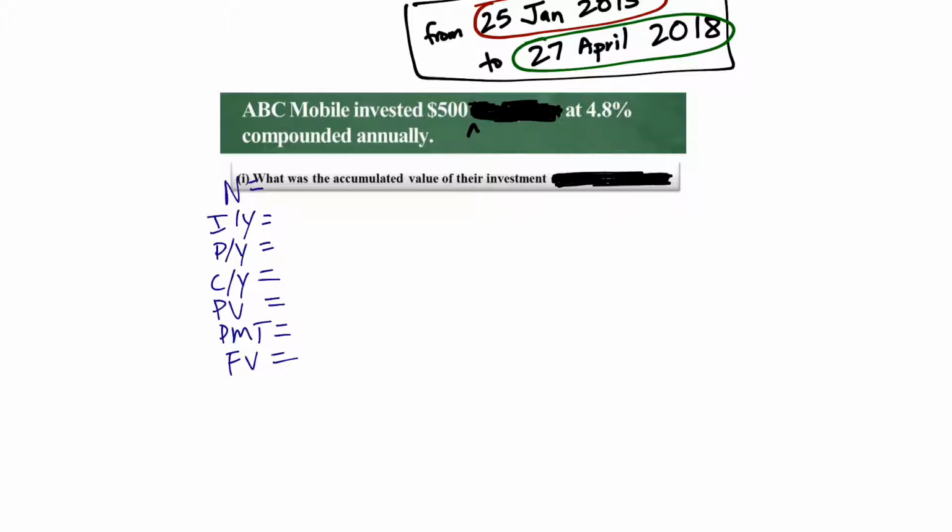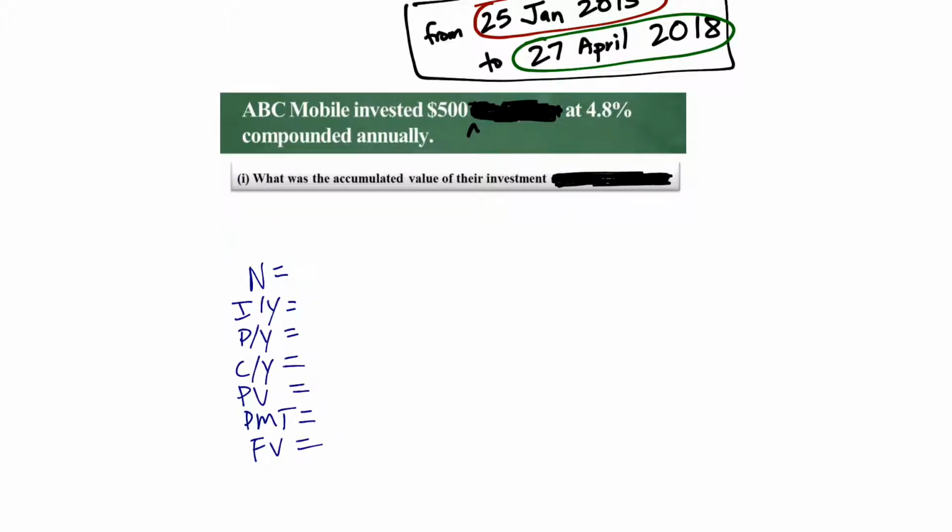Let me just first begin with the fact that we still need this table. Let's try to fill out this table first. IY is going to be 4.8. Compounded annually means these two are the same in this case. PV is, okay, PMT is 0. FV we have to compute. The problem seems to be N. And before you can use the TVM worksheet on the calculator, you have to calculate N. So we know N is